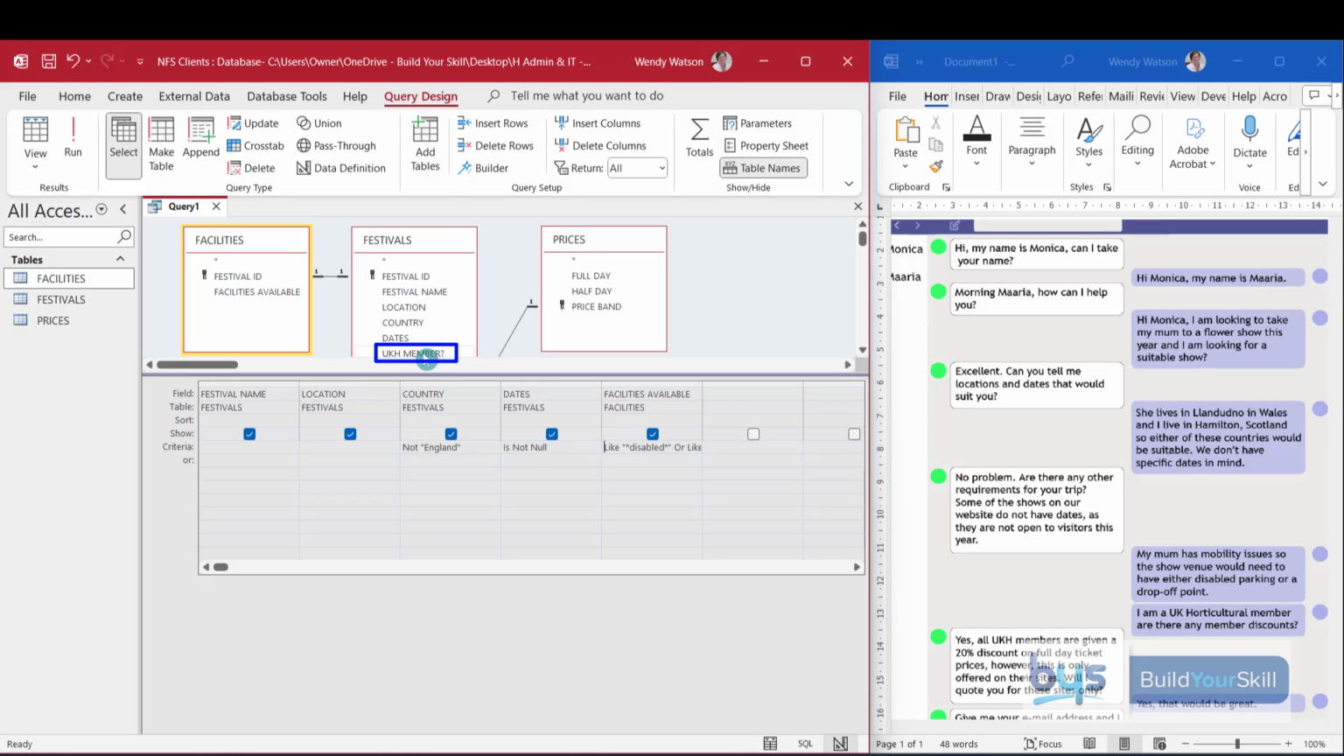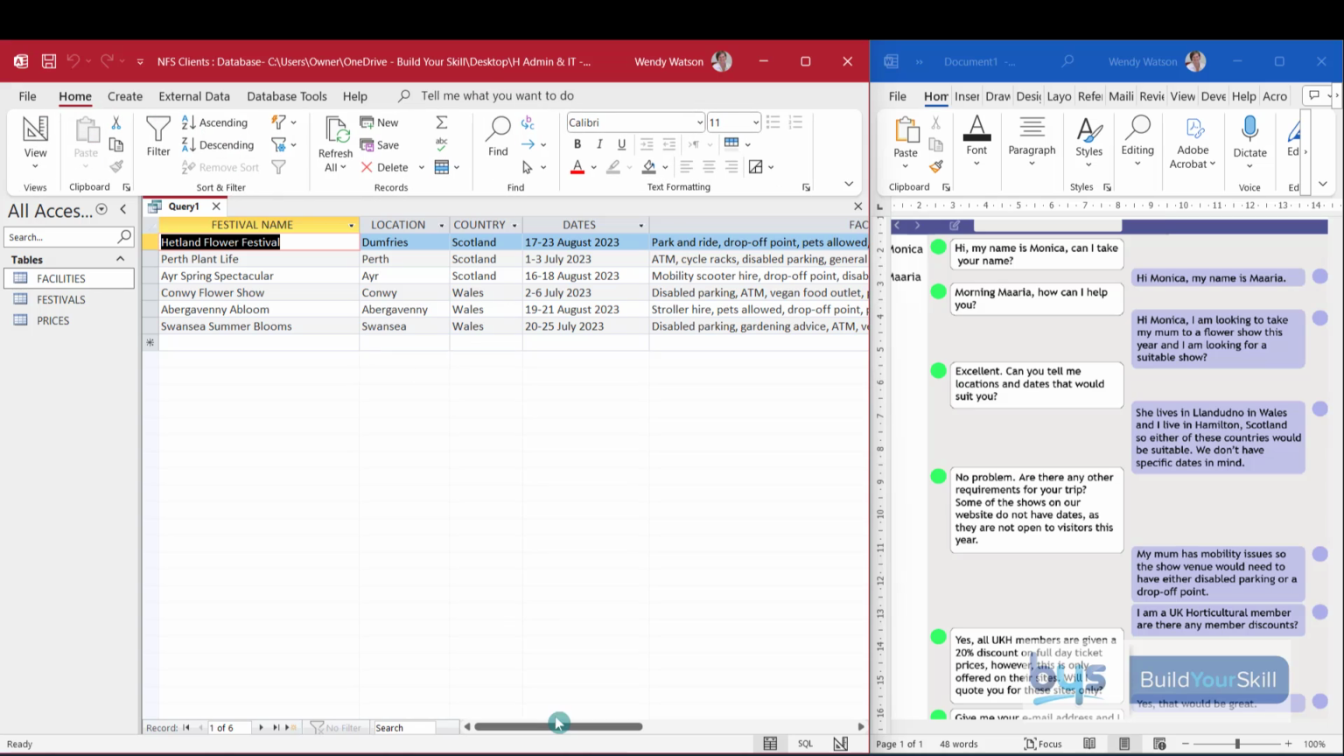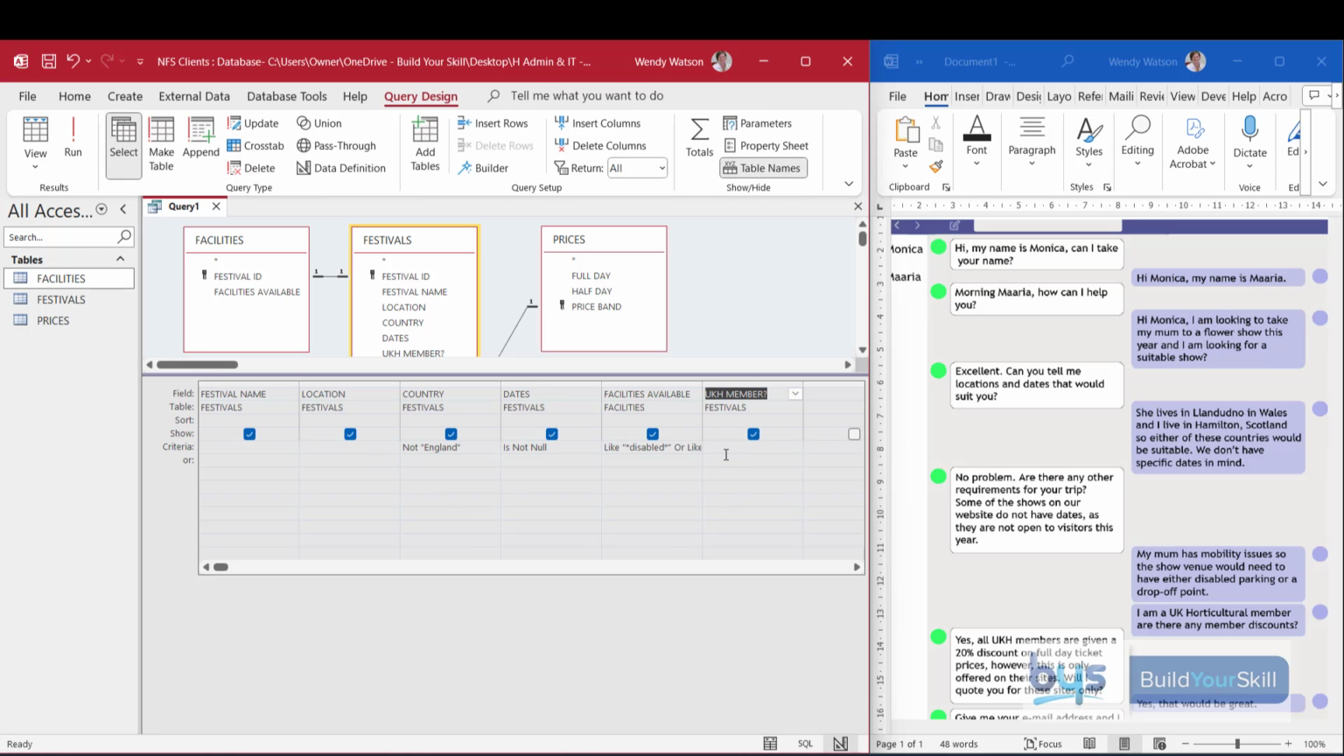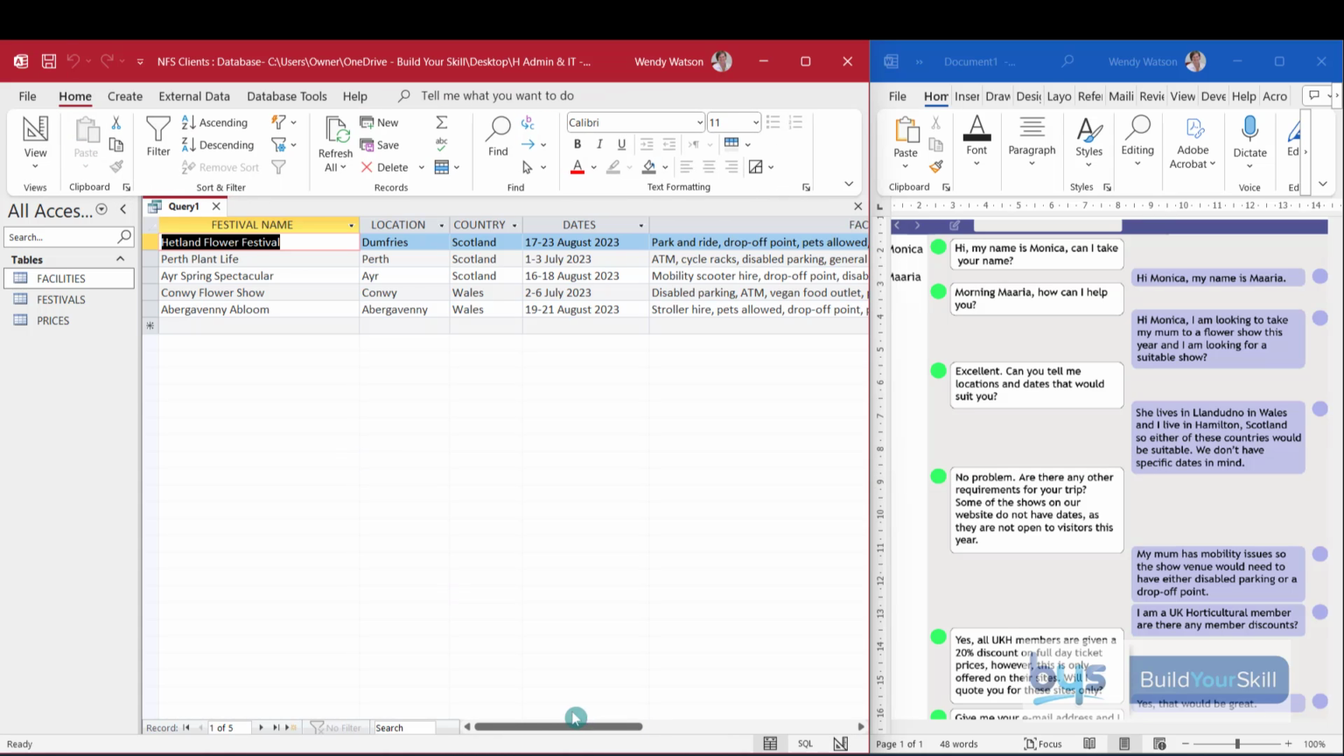So if I bring that field down and run it, I can see, stretch along here, that where there's a tick, it means they are accepting UKH members, and they're obviously that festival there doesn't have one. So to deal with that, we have to go back into the design and into criteria, and we're going to just type in yes. You could type in true, but yes will bring up just where there's a tick against